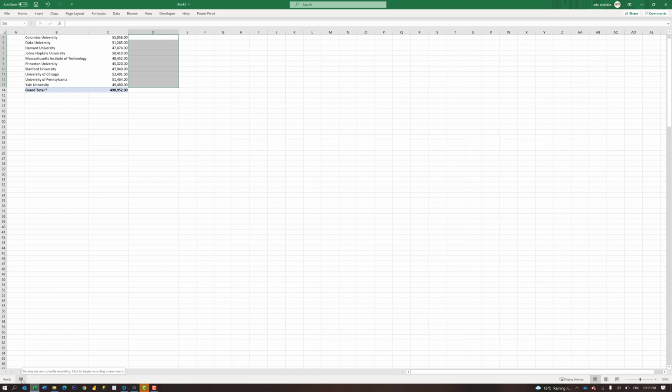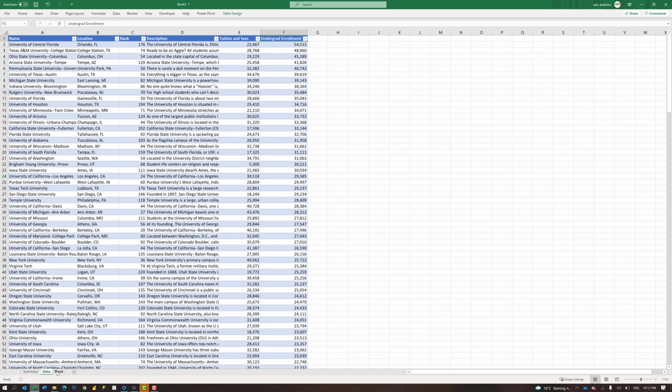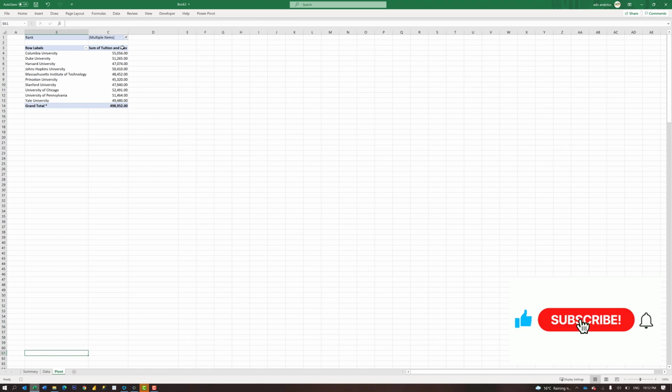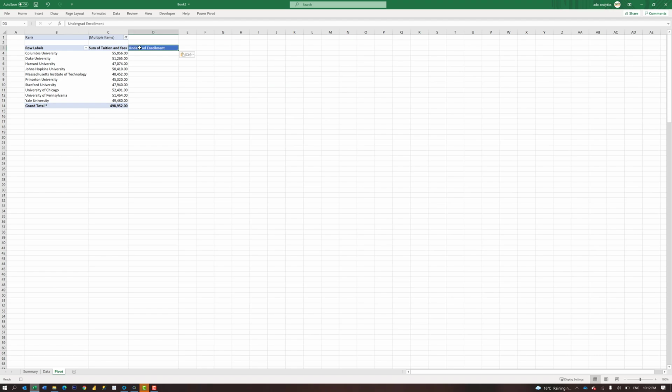Okay, now we have the button. Now we start recording the macro. Because we want to start from here and end here, we go to this tab and click record, right? Okay, we go to data, we go to pivot. We just go to data, yeah, and we copy this undergraduate enrollment fees. We paste them here. Okay, then we do a VLOOKUP,